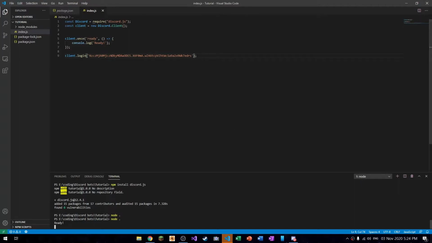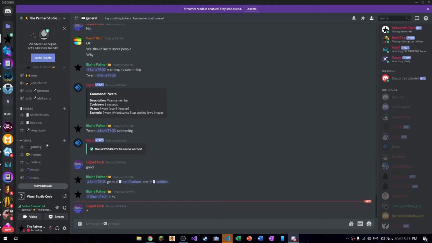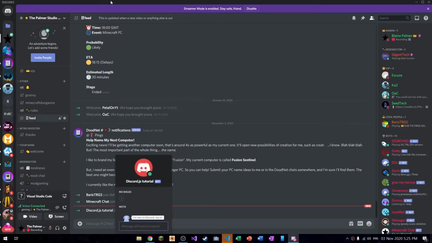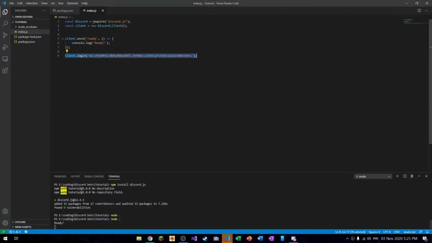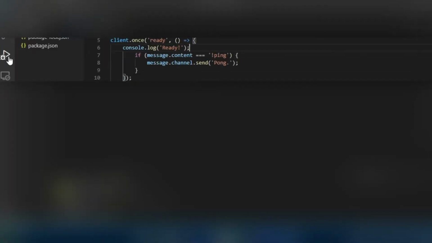We are going to now start it up, and then it's going to say ready. Now I'm going to quickly add my bot to a server, so I will see you now. Okay, so here we are on our Discord server, and my bot just joined the server. Also go join my server if you want to. Basically, we are going to minus that, and we are going to take this away. So now if we restart the bot,